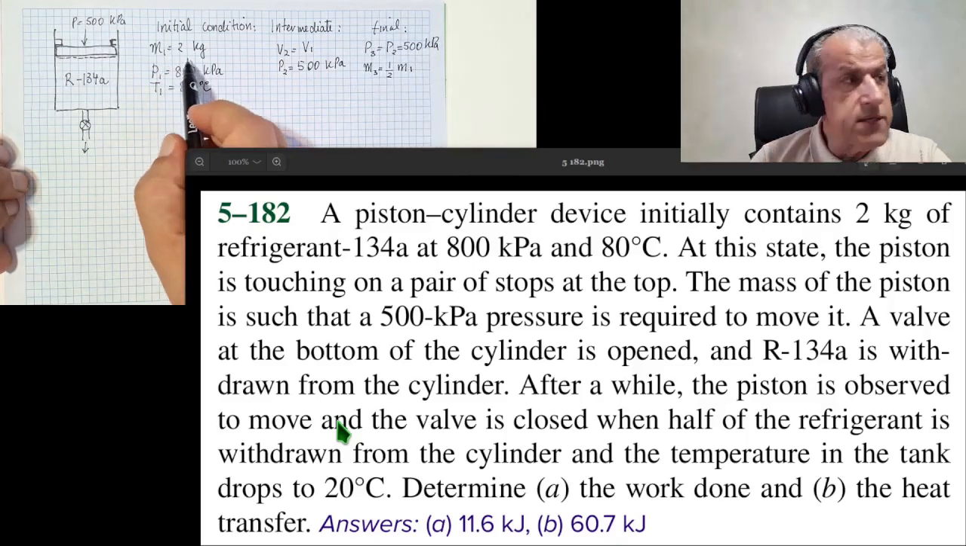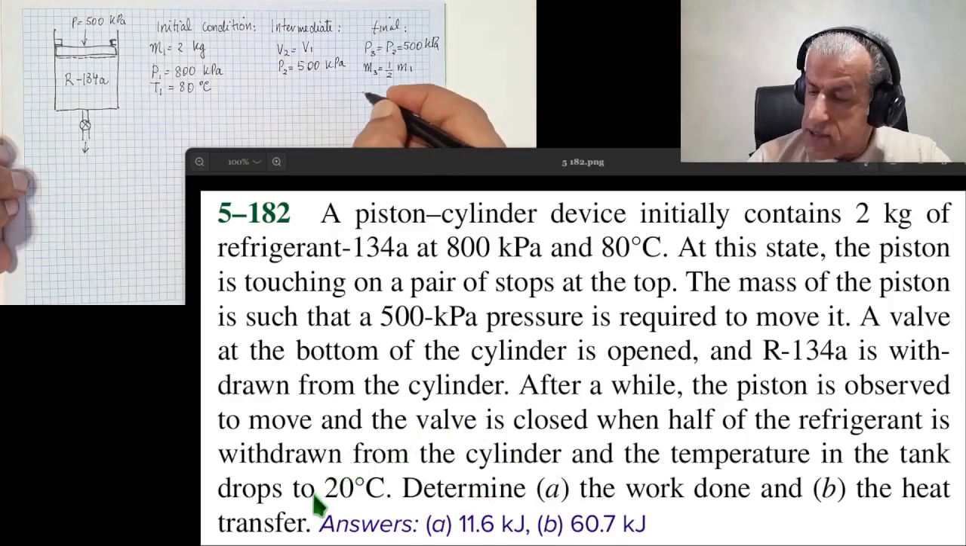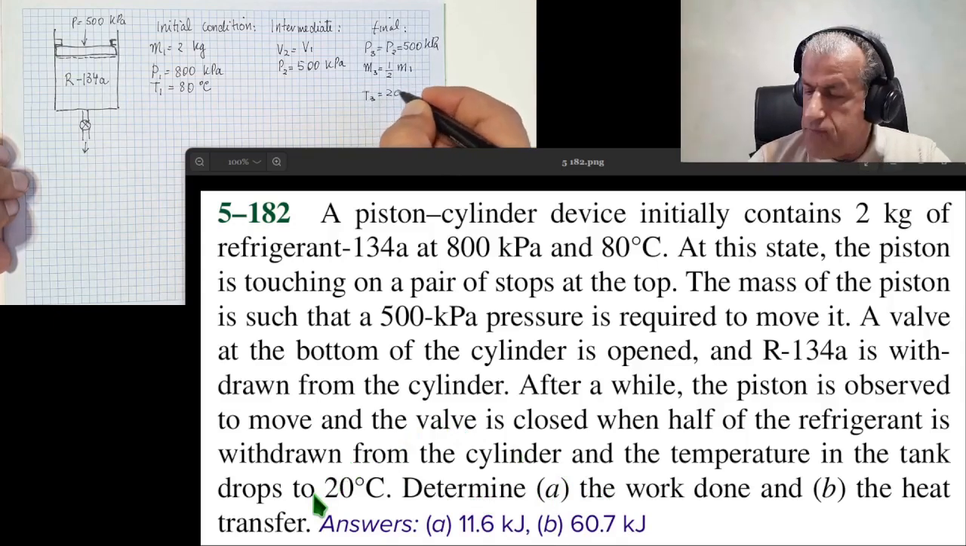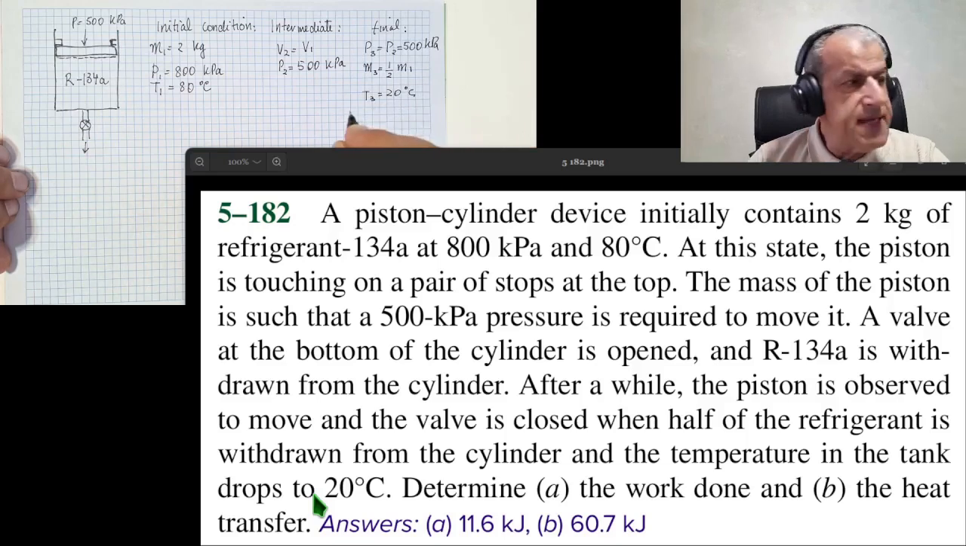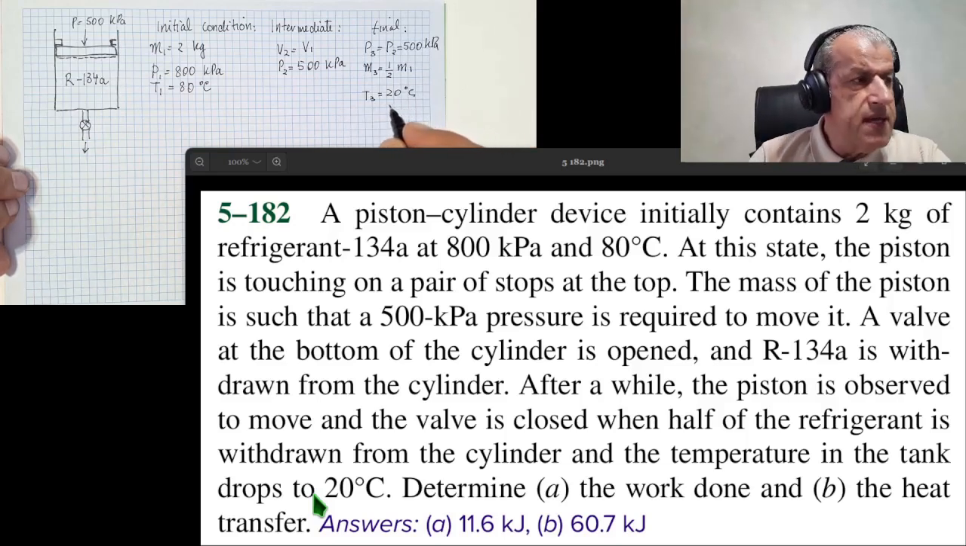So easy to calculate, but still, it says that the valve is closed when half of the refrigerant is withdrawn from the cylinder and the temperature in the tank drops to 20 degrees C. So T3 equals 20 degrees C. And now what it asks from us is that